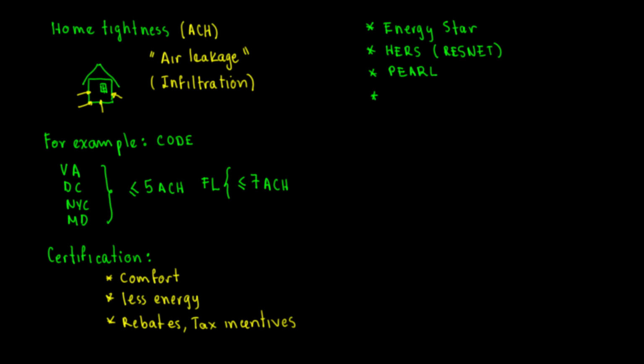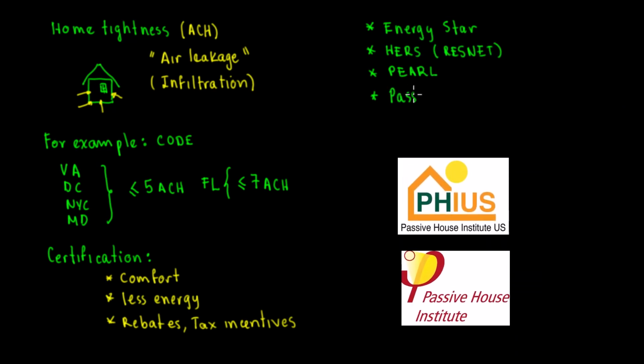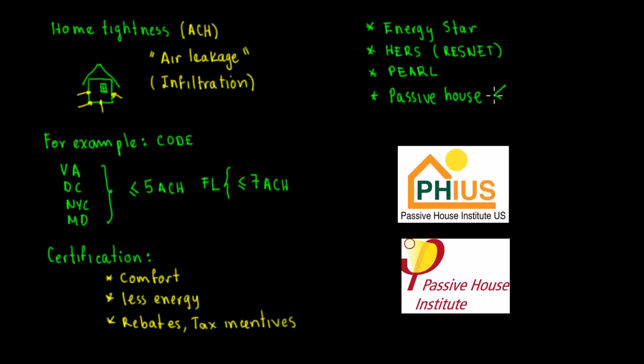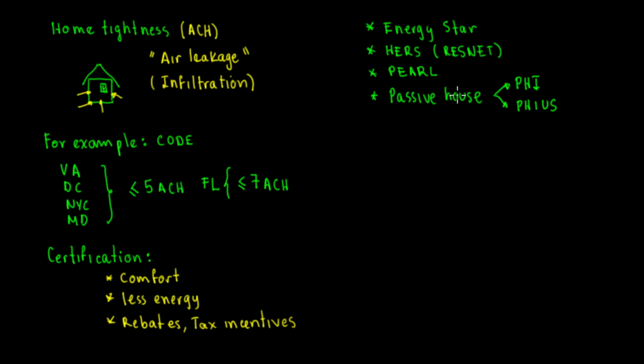So if you want to go deeper, you have in here Passive House, and this is certified by, let's see, certified by this and the same one right there. Okay, so this is kind of extreme. This is more of a net zero type of thing, but this is kind of more aggressive. Okay, so these are different types of certifications, and these have different requirements.